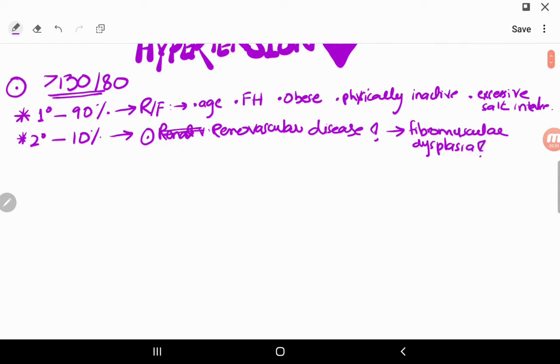I would like to take a minute and talk about it. Fibromuscular dysplasia is a condition which is most commonly seen in young adults, especially women of childbearing age. And what happens in this condition is that there's inappropriate development of your renal vascular system, right? So if you do a scan of your renal artery, what you would see in this condition would be a characteristic string of beads appearance, which is basically you would see something of this sort. It's like beads on a string. Something of this sort is what you will see on your vascular scan, all right?